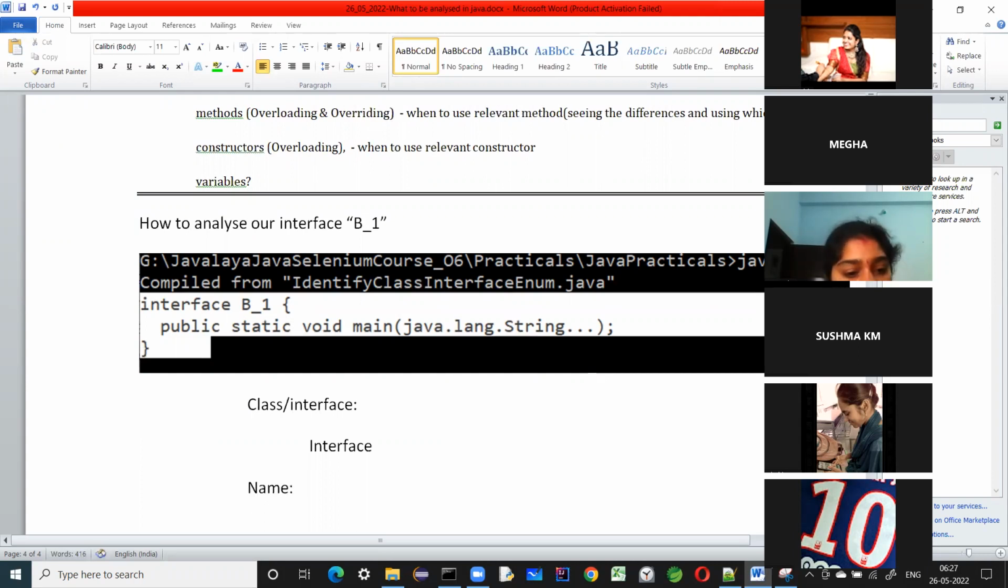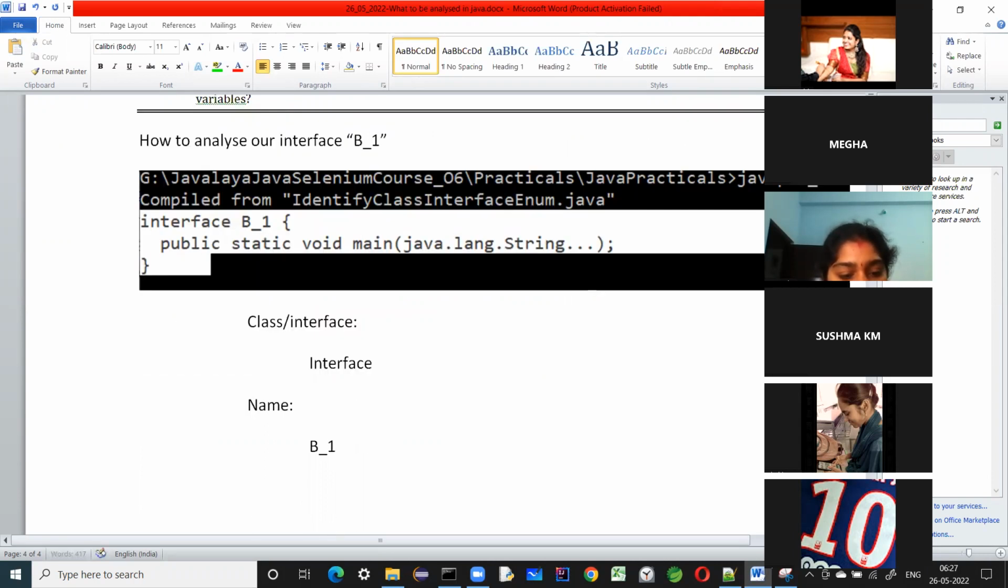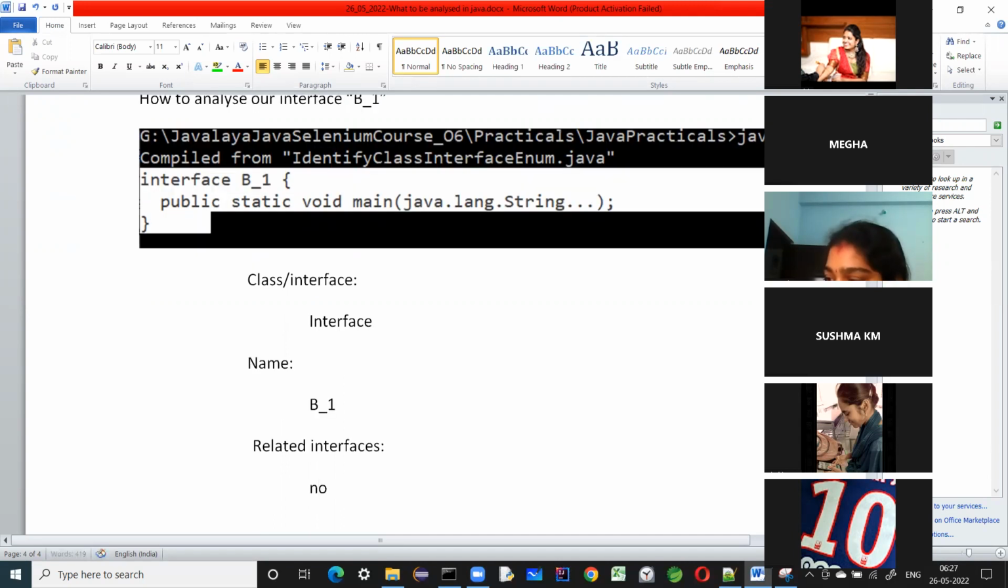Name, B_1. Okay. Constructors. So related classes, sorry guys. Related interface will have only interfaces. Got it, right? Only a class will have all, but an interface will have only related interfaces. Do you have any related interfaces, guys? No, sir. And the fourth one,